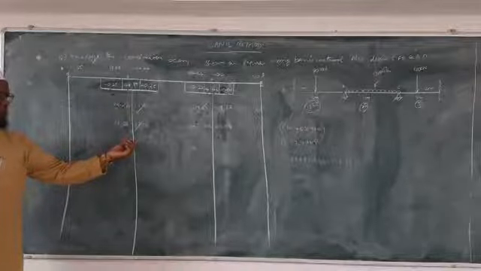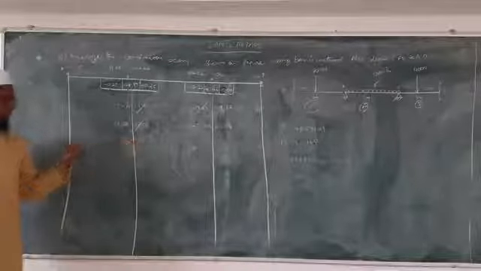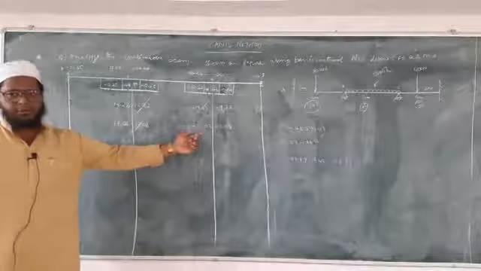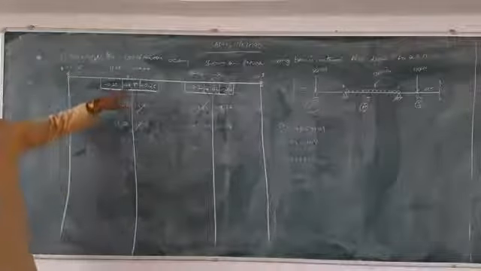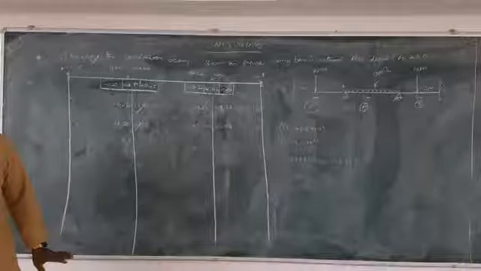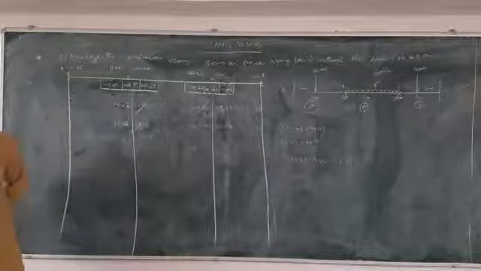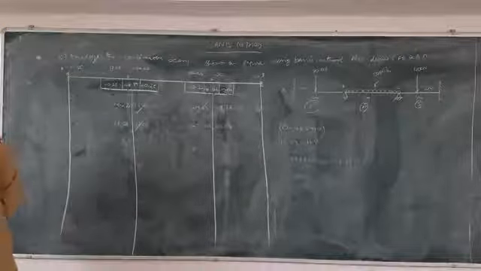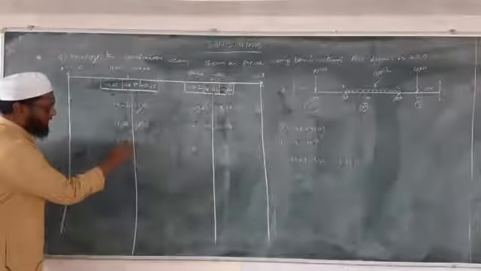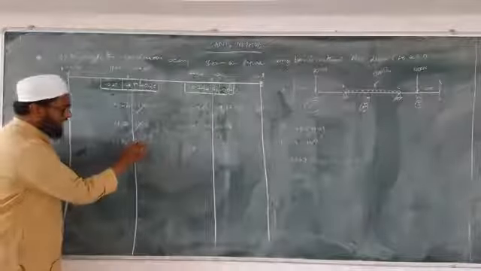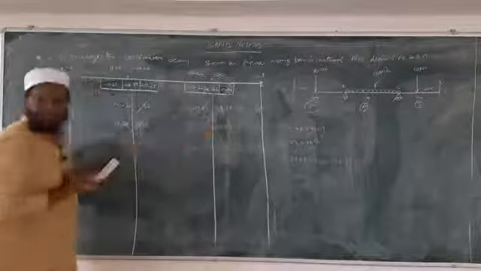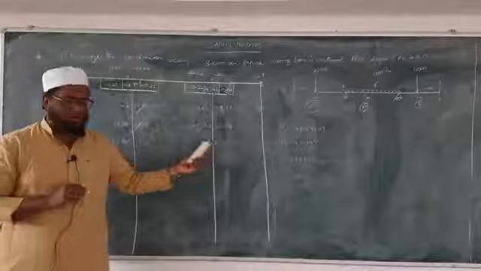I'll tell you. See here, I need to calculate again these two values. Go back to the previous value. 0 minus 48.89 minus 21.03. 48.89 minus 21.03. What is the answer? Minus 69.92 into 0.25. 17.48. This value will also be the same, that is 17.48. So while calculating these two values, we have used 21.03. Strike off.